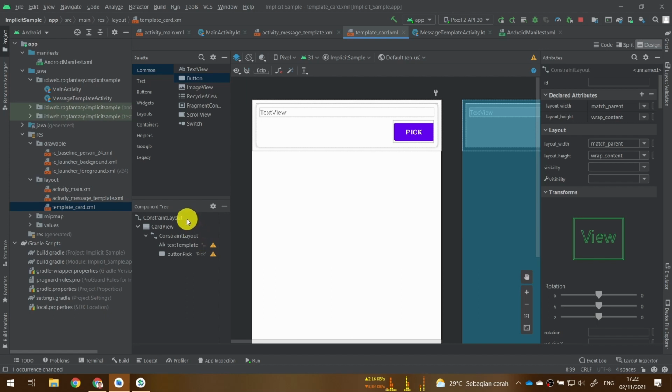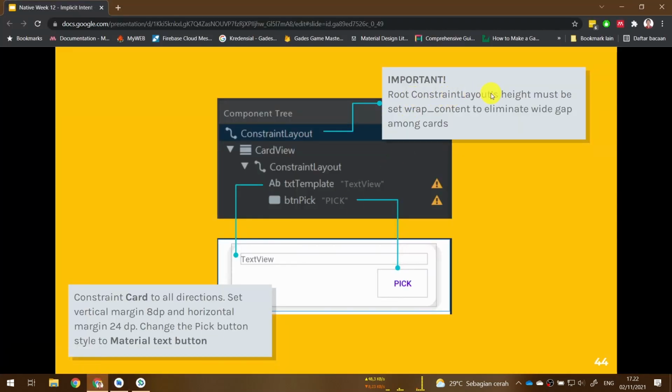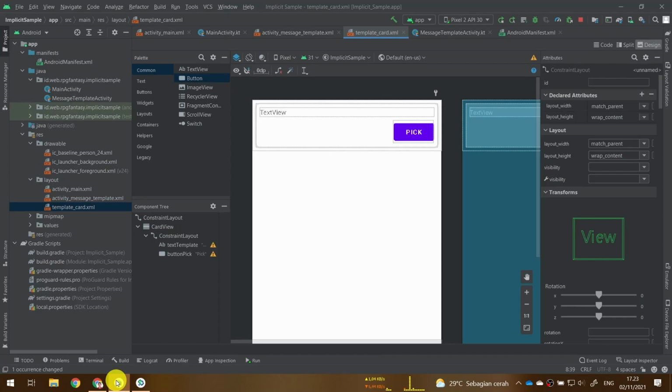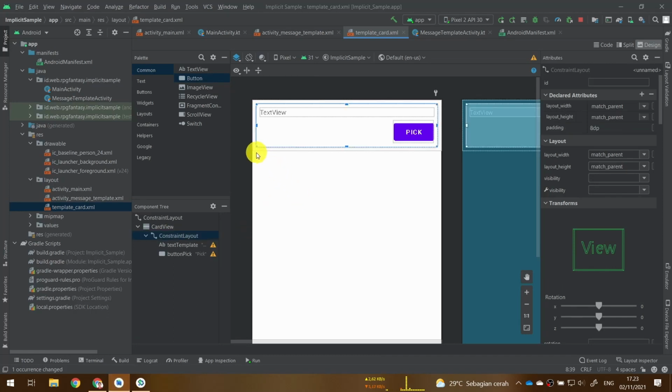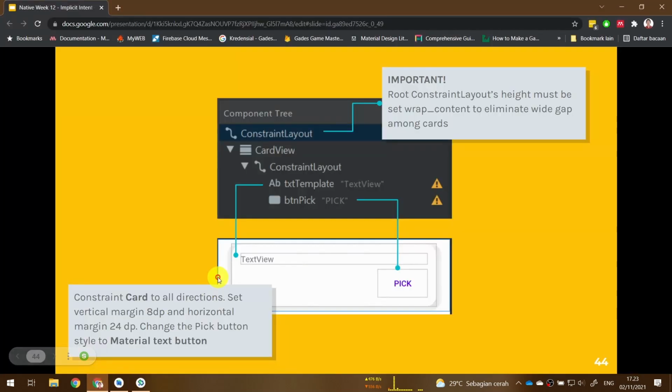So now our layout becomes like this. The root constraint layout height must be set to wrap content to eliminate the white gap between two cards. So you will see a thin line over here that marks the end of the card. I think that's all for the card